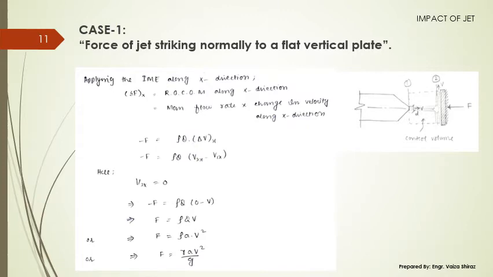Now if you have to find out this force F, this is totally horizontal, so you need to apply the impulse momentum equation only along the x-axis. So this is your final equation, and over here you have to see what are the directions and what are the magnitudes of v1x and v2x. So over here v2x is 0 because you don't have any component of the velocity at section 2 along the x direction, it is vertical or it is along y. So v2x is 0, and on simplification your F is coming to be rho Q V, or F is rho A V square. If you write down this rho in terms of gamma, then F is coming to be gamma A V square by g.